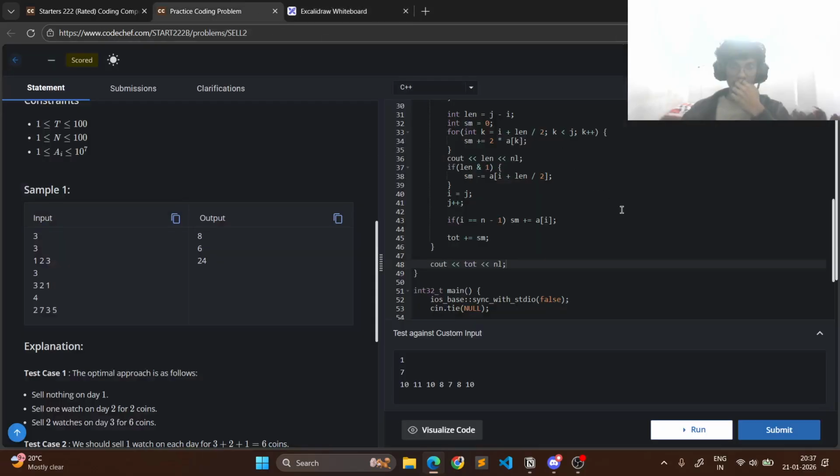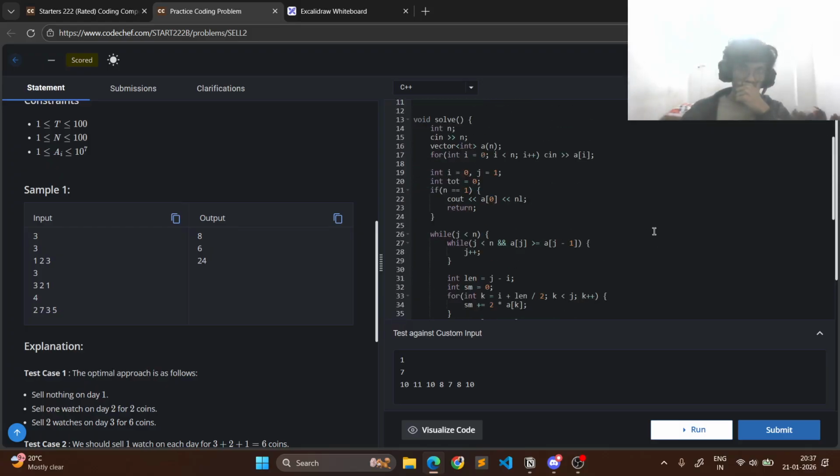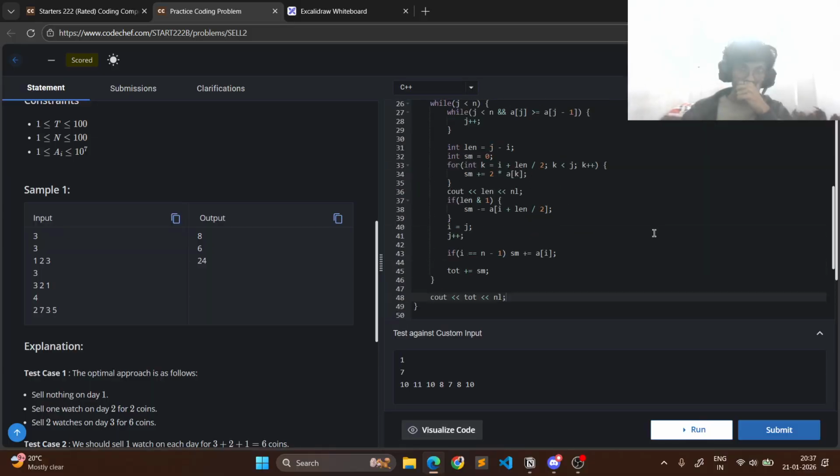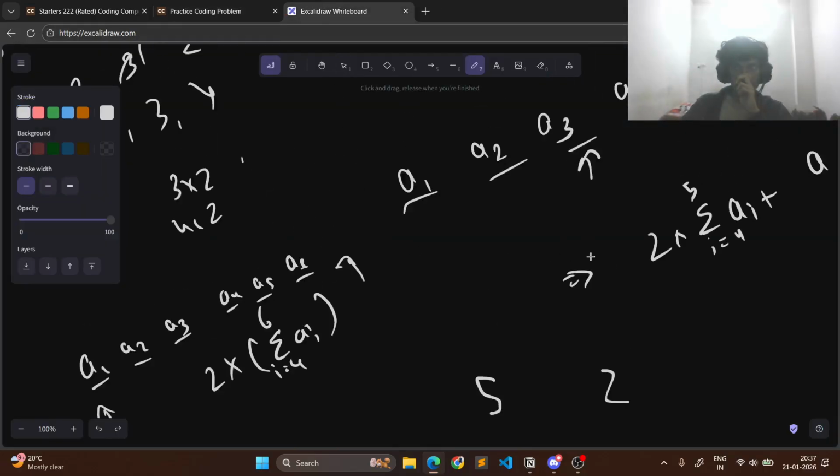I don't know where this could fail. It shouldn't overflow either. Where could this fail? Taking the half of that thing. But if there's something like